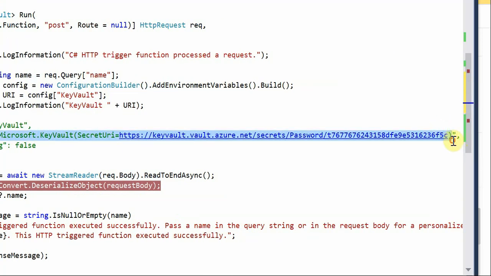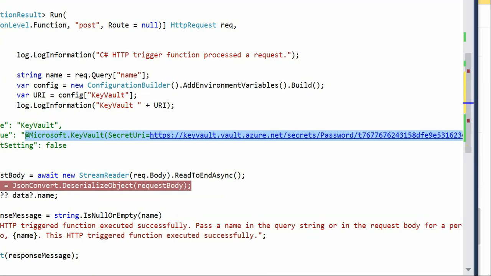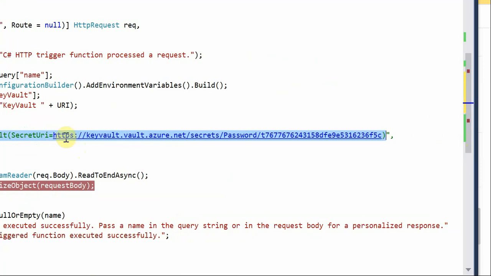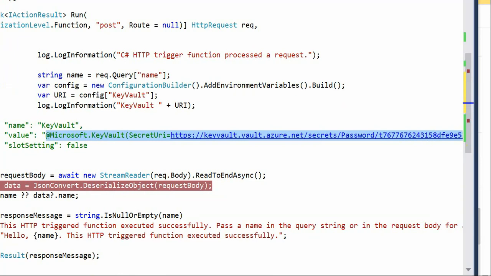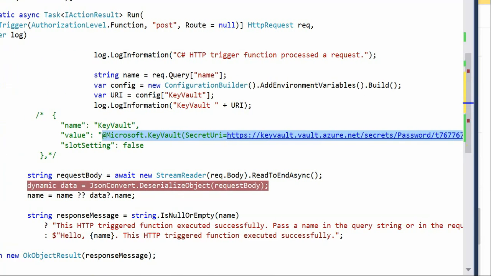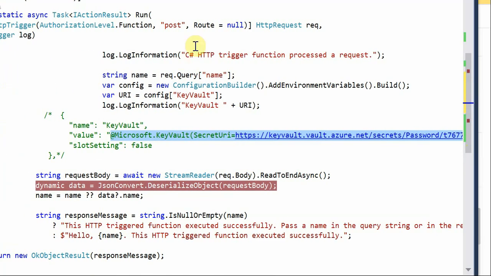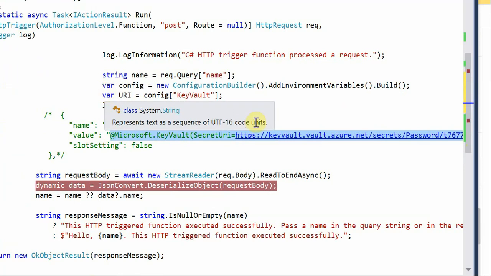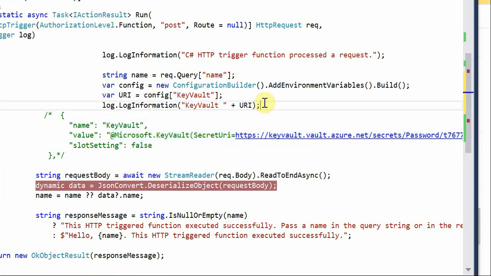You need to pass it as Microsoft.KeyVault and the service URI, and this is the URI. This URI is your secret URI for the password I created, and I showed you that, right? This is the URI to access your secret. So this URI you have to pass into your configurations. Once you pass this into your Azure function configuration in the portal, then if you want to access it in your code, you have to write this piece of code in order to get the